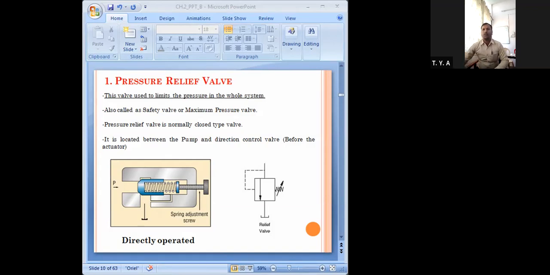Now the construction and operation of this simple type of pressure relief valve, that is the directly acting or directly operated type, I will explain with the help of this figure. So as you can see in this figure, it has one port,